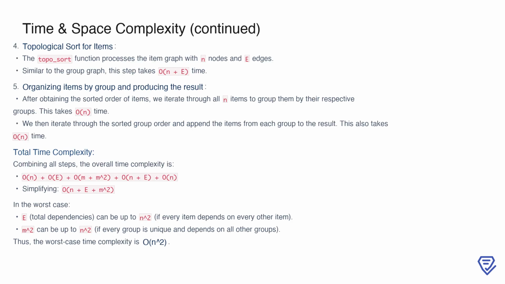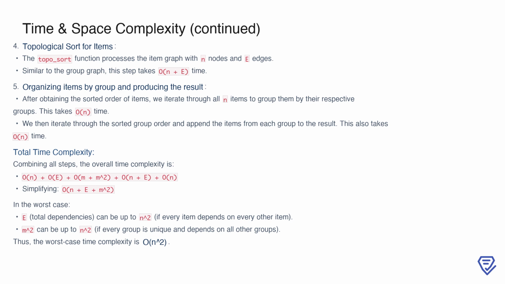Now, we move to the topological sort for items. Similar to the group graph, the item graph consists of n nodes and E edges. Using the same topological sort logic, this step requires n plus E time. Once we have the sorted order of items, we organize them by their respective groups. This involves iterating through all n items, which takes n time. Finally, we iterate through the sorted group order and append the items from each group to the result, which is